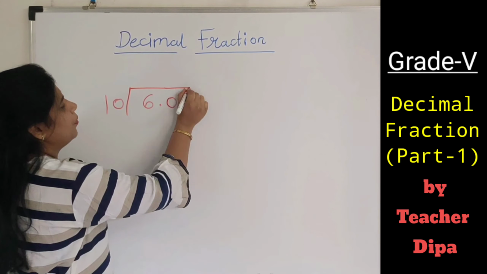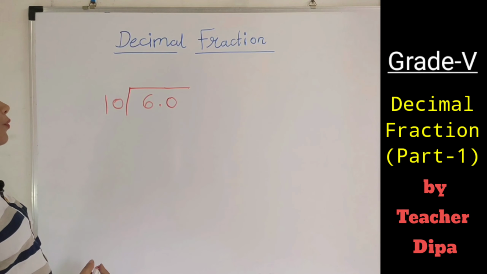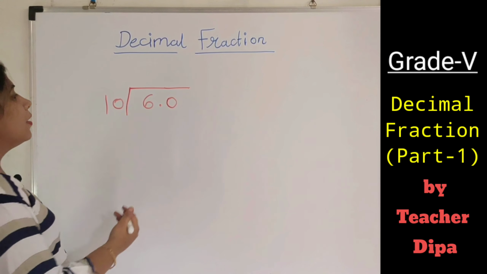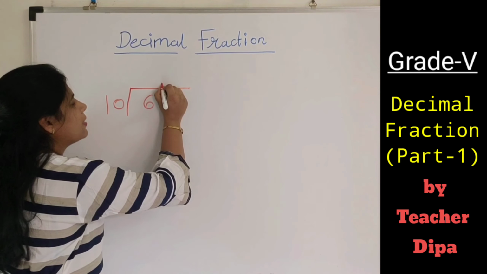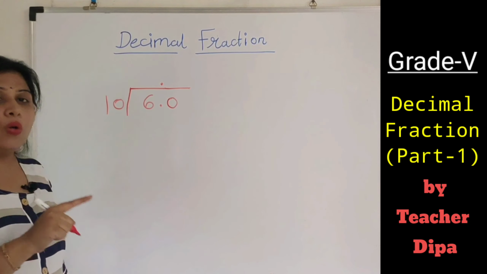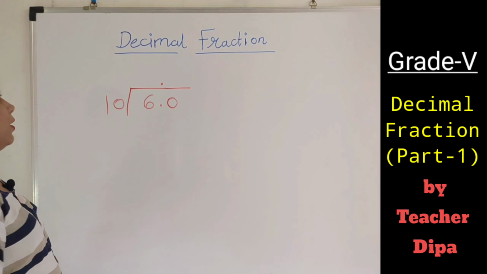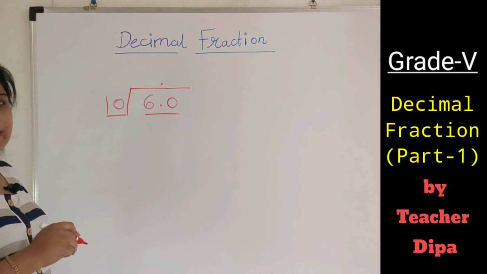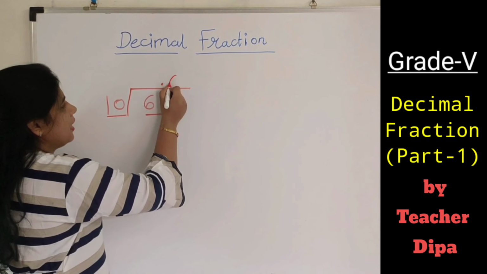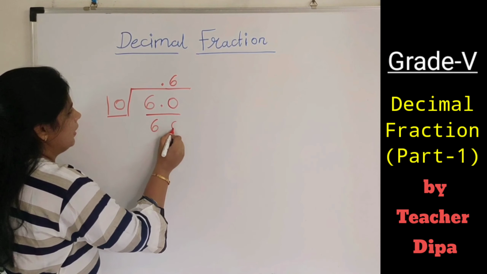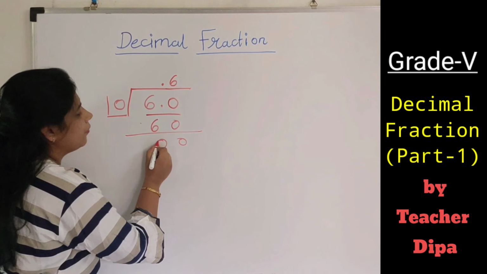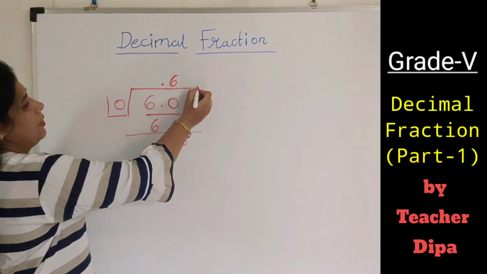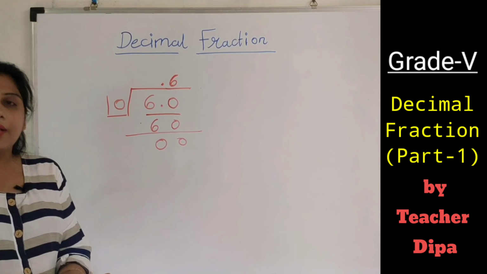We have to put the decimal point over here, and we have to count the tens table. Before starting the counting, we just have to write the answer's decimal point in its own place, and then we have to count. Now you can take the simple number, that is 60, and here is a 100. So in the tens table it is 10 6, 60, and your remainder will be 0. So what will be your answer is 0.6. This is another method of converting the number.